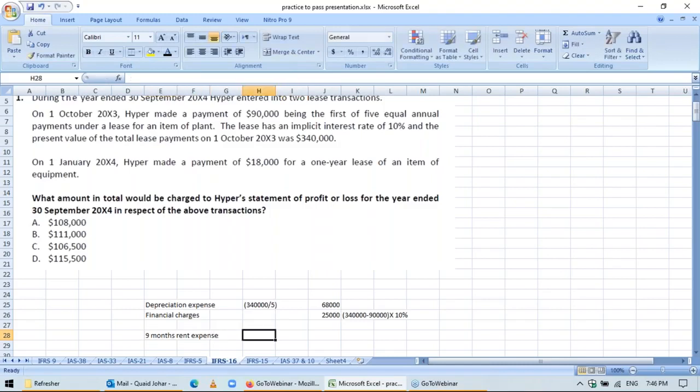For the second lease, 18,000 multiplied by 9 divided by 12, this gives you an expense of 13,500, and the sum of all these items